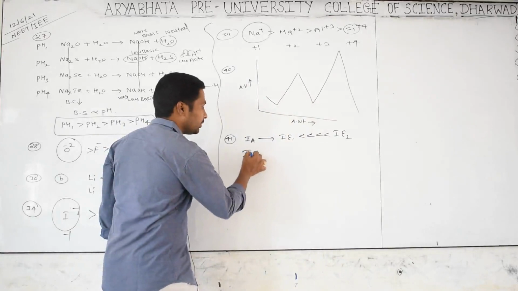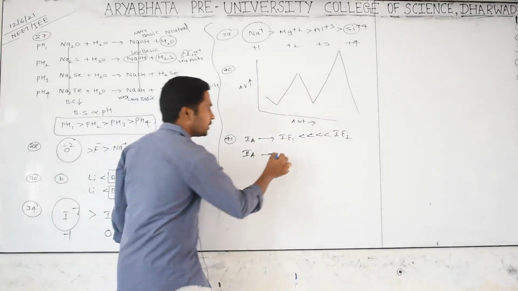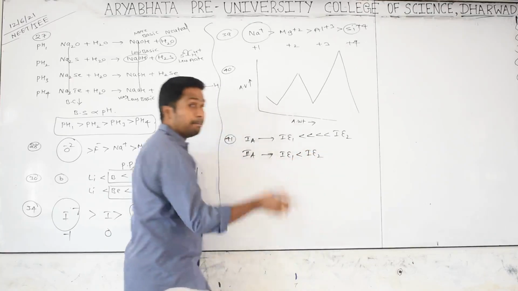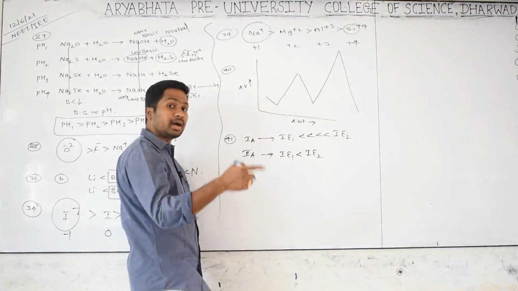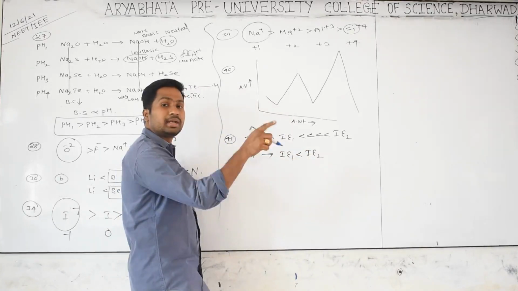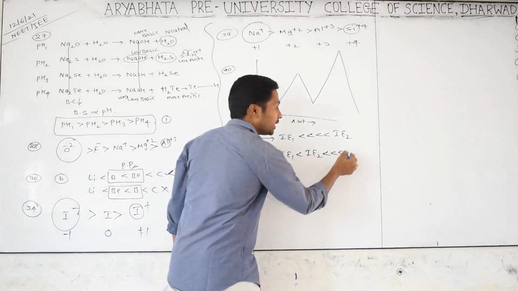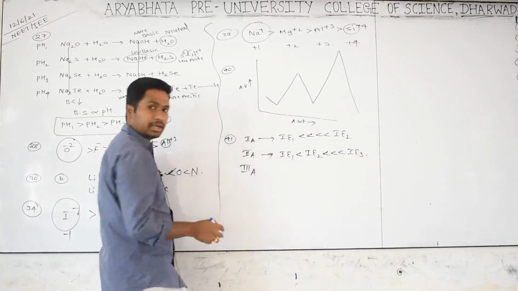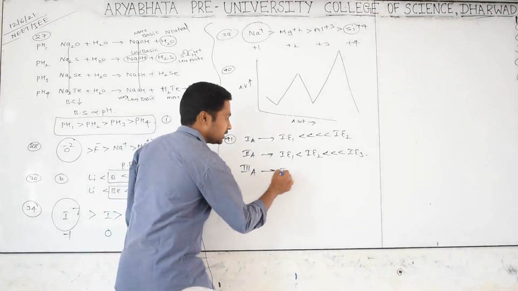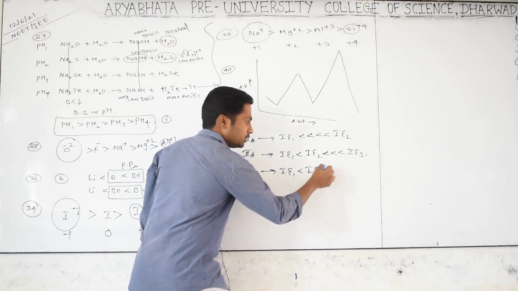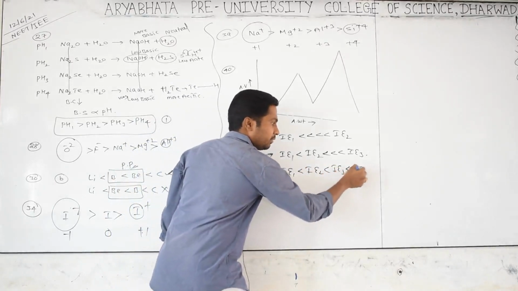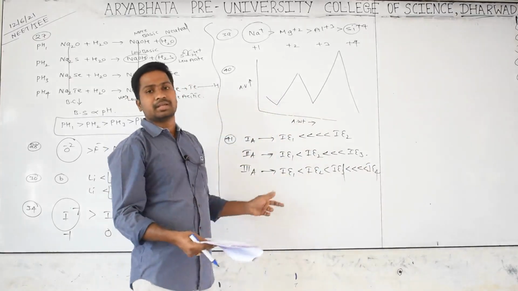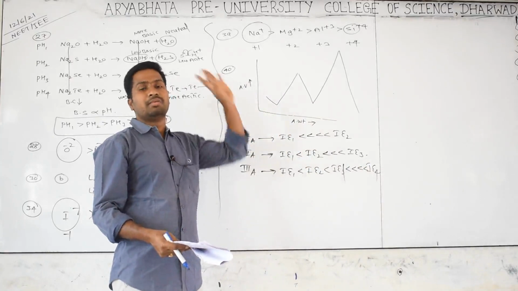You can come to second A group element. First ionization energy will be less, little bit more is second ionization energy, but third ionization energy will be very high. Why? The two valence electrons are lost, so then it is becoming a stable element. That's why the third ionization energy will be very high. I will give you one more example. Third A group element, for example. IE1 is less than IE2 is less than IE3, and IE4 is very, very high. Why? Because 3 valence electrons are lost, then it is becoming a stable element. Then if you want to remove the 4th electron, it will be very, very high.